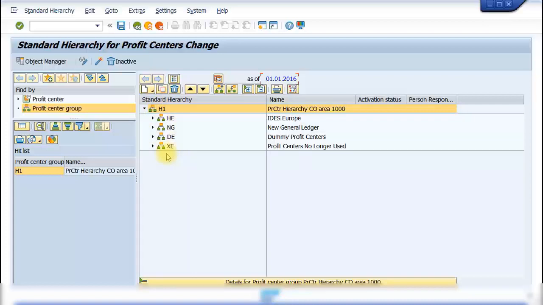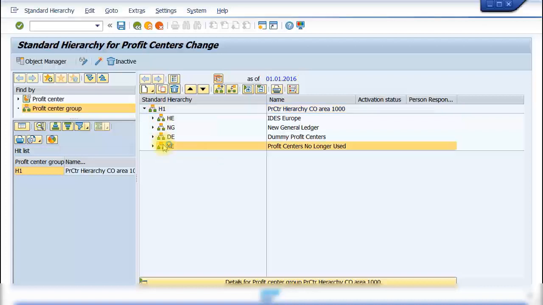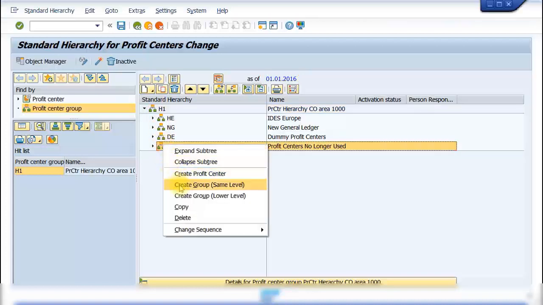nodes. However, let's look at creating a profit center in one of these nodes, and you will be informed where to create this profit center node. If you do want to know how to create a standard hierarchy, it's very simple. Just click on one of these icons, or double click on one of them and select create group, that is a group at the same level or one level lower. I'm just going to put it at the same level,